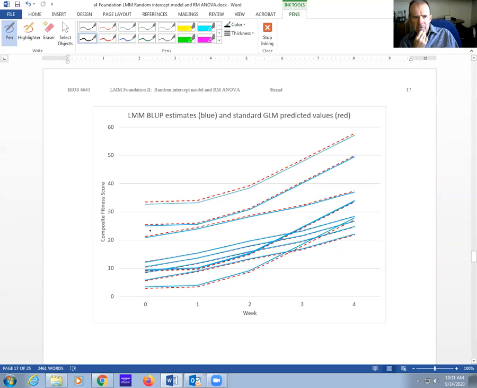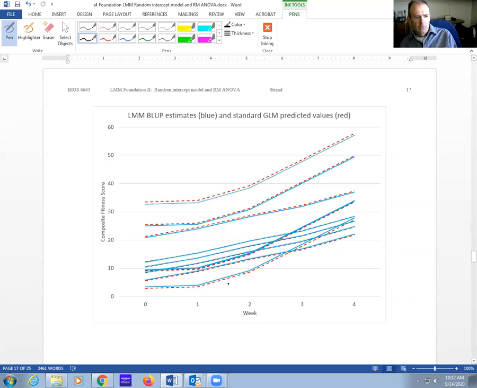Some of the things we notice in this graph are that it looks smoothed out compared to the actual data. Like I mentioned before, I like to think of it as running a comb through tangled hair, right? It kind of straightens it out, and that's what we see with the predicted values. But the estimates from the GLM approach, the repeated measures ANOVA approach, are a little bit further out, especially on the top end or the bottom end, compared to the predicted values from the mixed model that use the Bayes methods. Those are in blue. But otherwise, they're pretty close, right? And they reflect the same pattern.